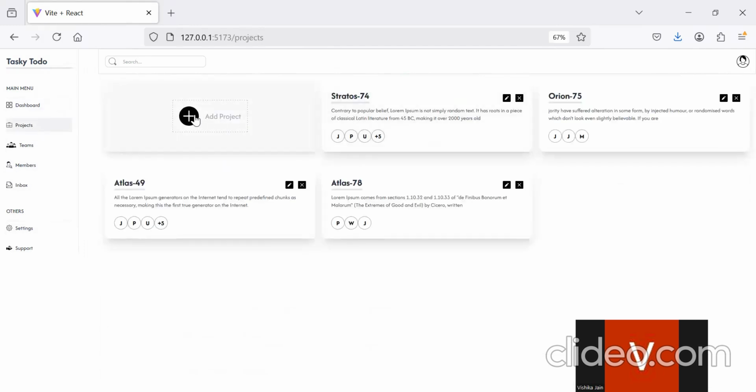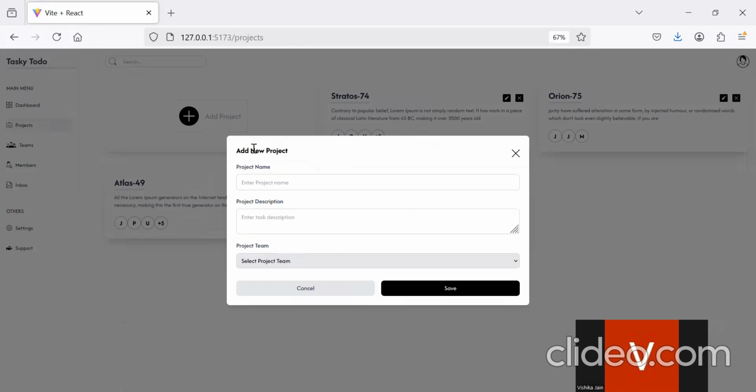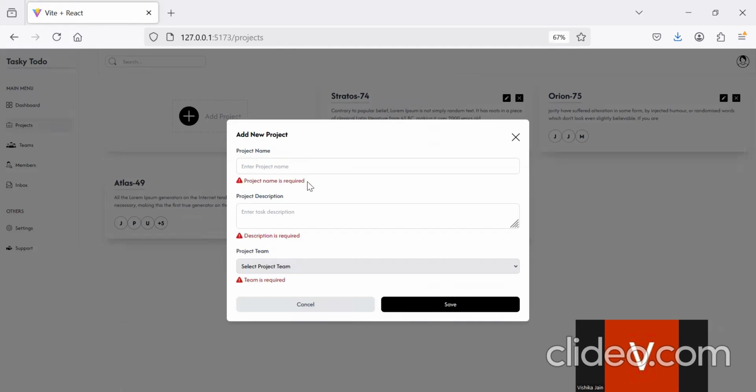So yeah, let me show you the project flow. Let me start by creating a new project, right? If I add a new project and I don't add anything and I say save, it will give me the validation error. It will not allow me to submit my data to the server, right? So let me add anything